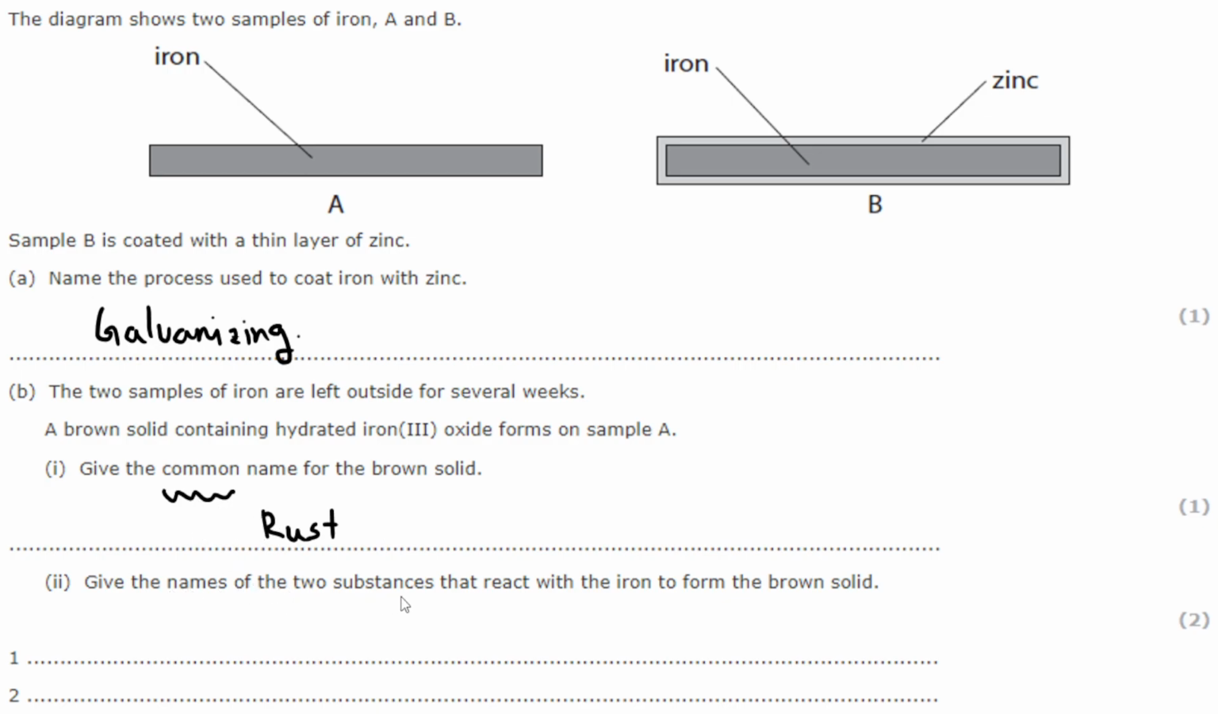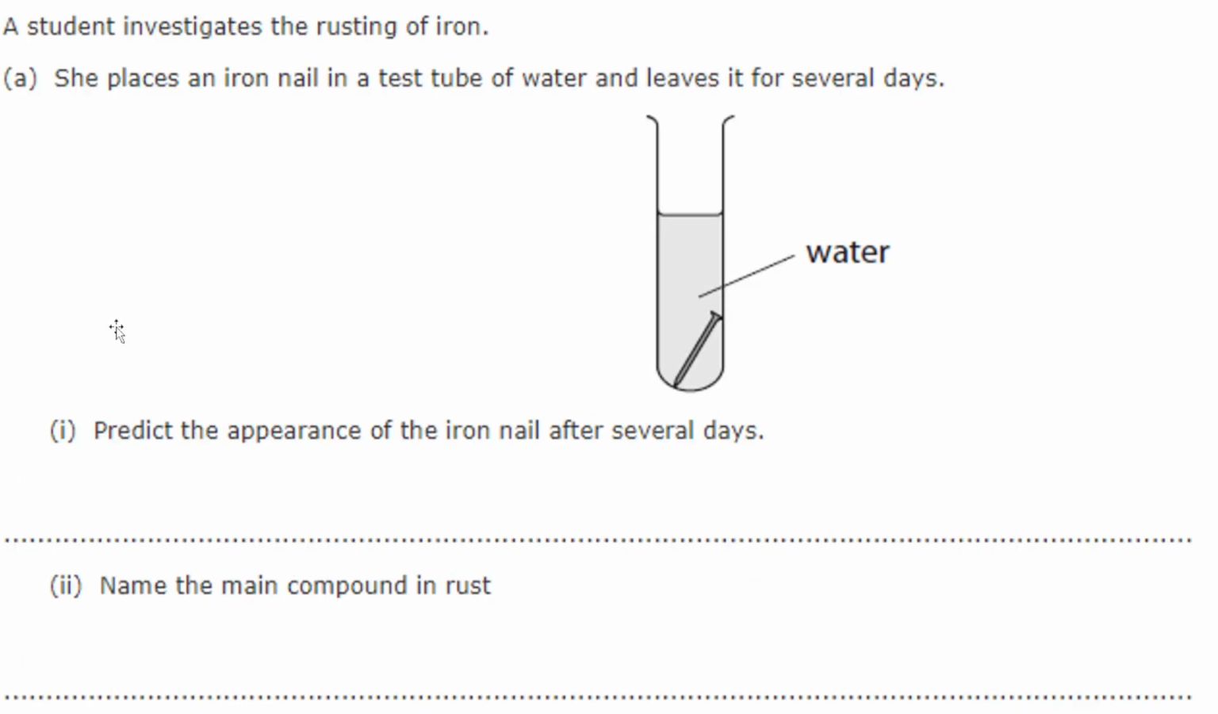So give the names of two substances which react with iron to form the brown solid. Very easy. It's oxygen, O2, and water, H2O. Alright, let's do the second problem. She places an iron nail in a test tube of water and leaves it for several days. Predict the appearance. Here, very important. They are asking you the appearance, right? So meaning that what does it look like? What color does it have? So your answer should be